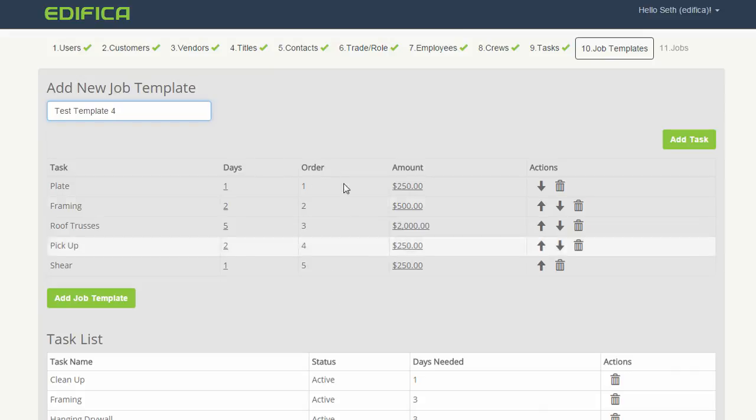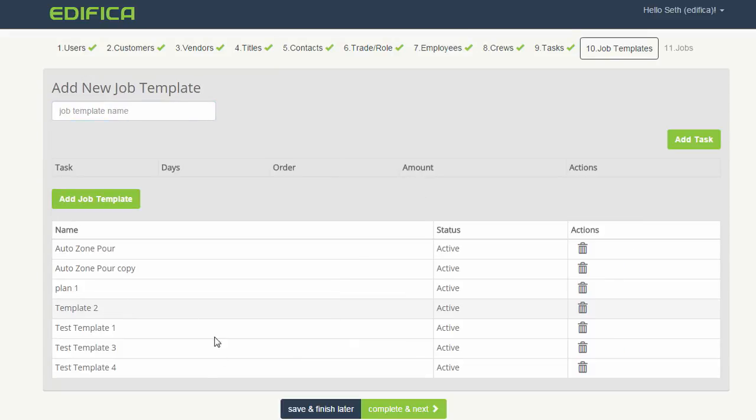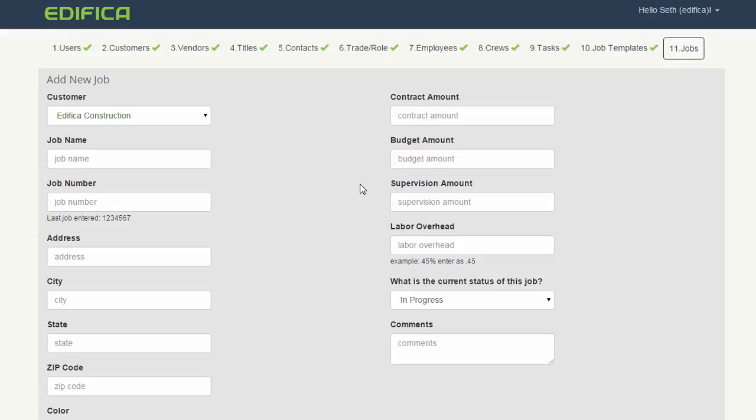Okay, so we've created this template, and so you go here, add job template. So now test template 4 is coming here. Complete and next, and now we can set up our first job. Our customer is Edifica Construction. Our job name is test project, or CD4. It'll give you your last job entered. Usually you get a PO number with a job number. So let's just